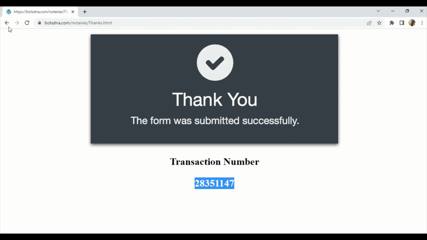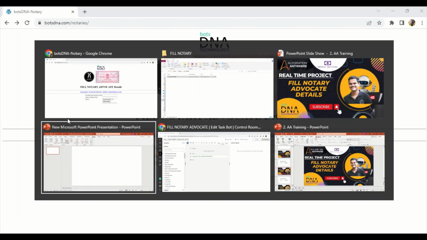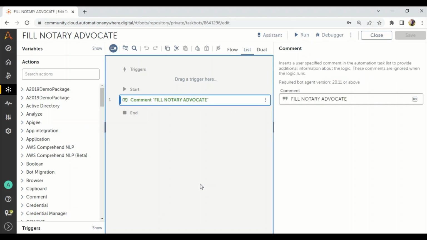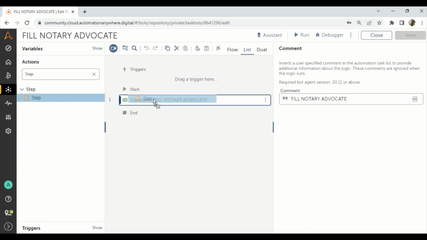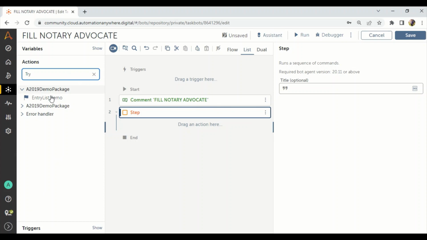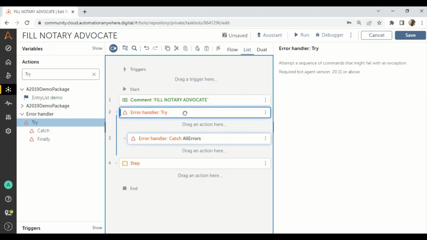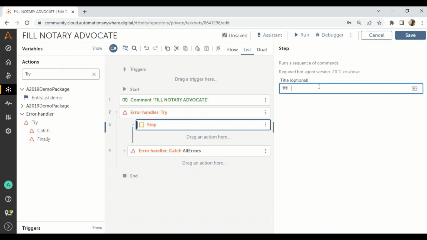So I will open our Automation Anywhere workbench. Okay, this is my Automation Anywhere taskbot. The first thing is we need to add a step. Before that I will add a try and catch also, for error handling. So inside that step, what is our first step? The first step